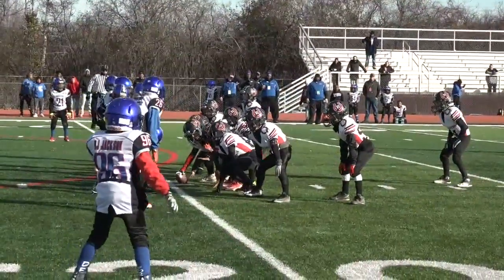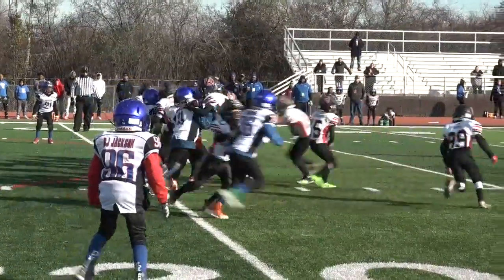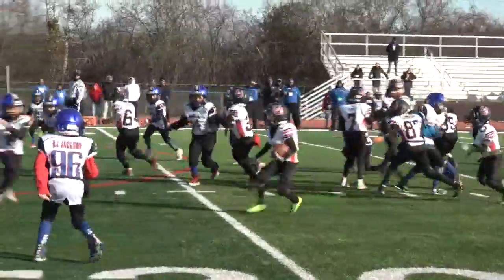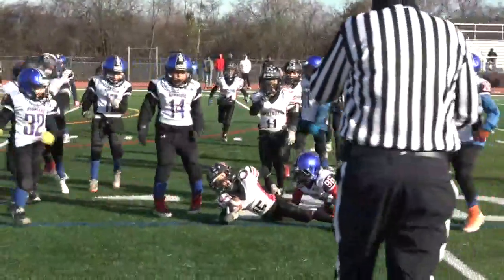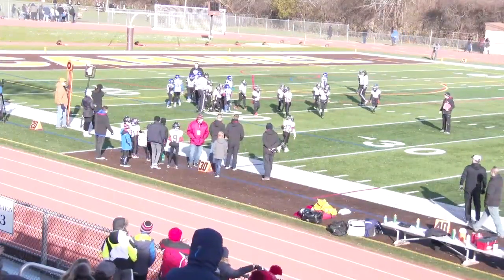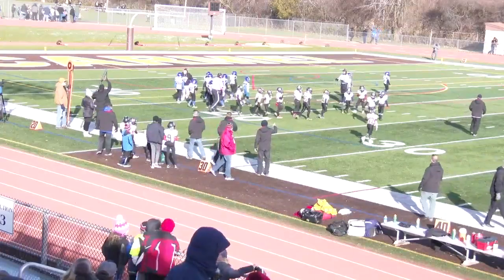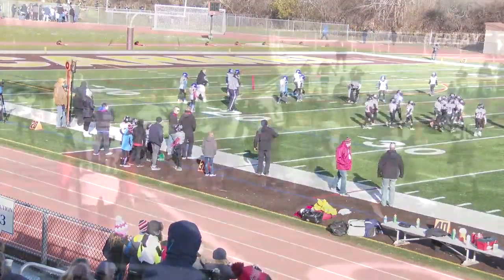Luke Laughlin ducks under center. He's got a single setback. Takes the snap, looking. He decides to keep it himself, gets to the outside, and a nice play there defensively. Good job by the Ramblers sniffing that one out. Darrell Jackson grabbed onto the ankles and wouldn't let go. Initially, that looked like that was going to be a...